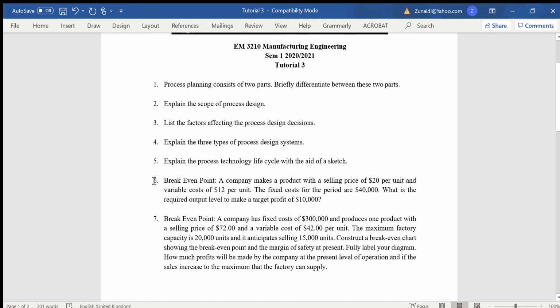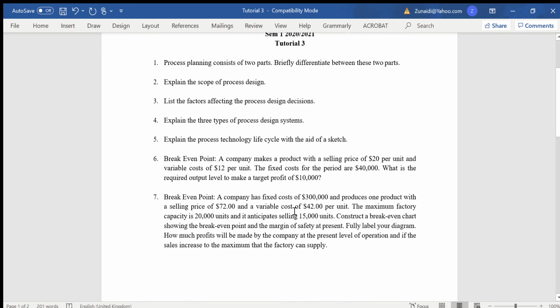So question number 6 and 7 were already explained in the class. I will explain again because this tutorial refers to the previous slide. I just stopped that slide, so we continue using this tutorial to explain how to draw the break-even chart. So okay, we go for question number